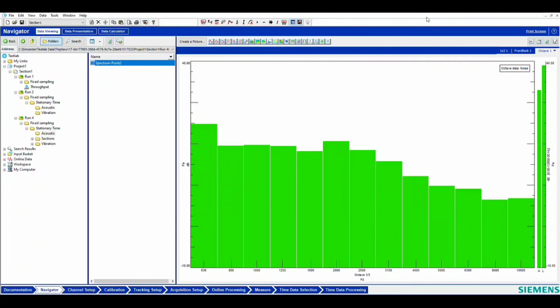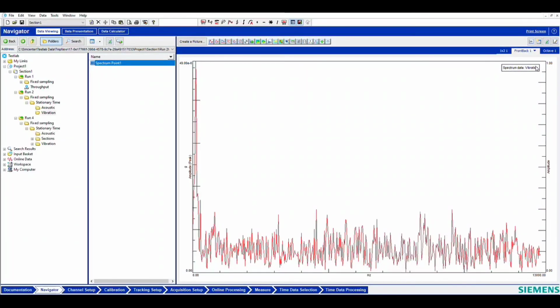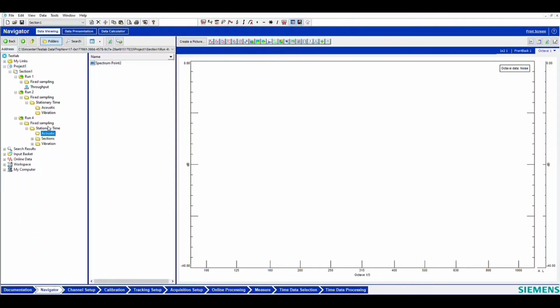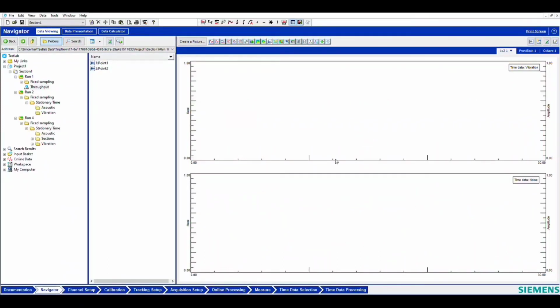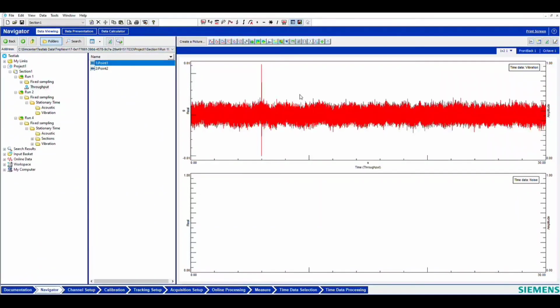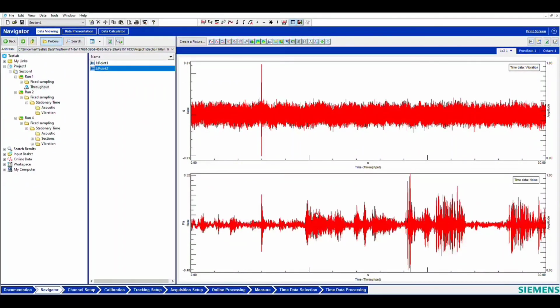So to consolidate or conclude, this demonstration is to show how all these multiple data acquisition systems are available, some of their features, and then a basic setup of what are all the parameters to be configured to acquire and visualize both the time data and some of the processed data. Hope this demonstration was informative.